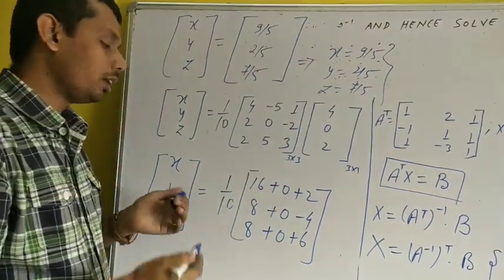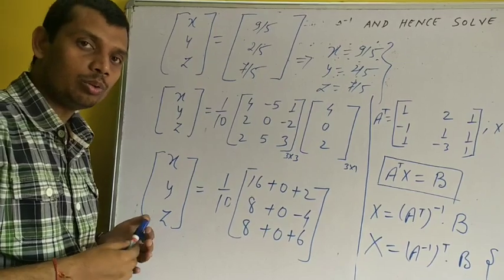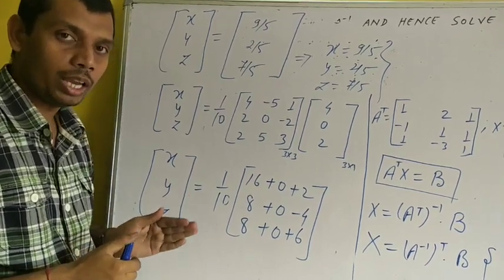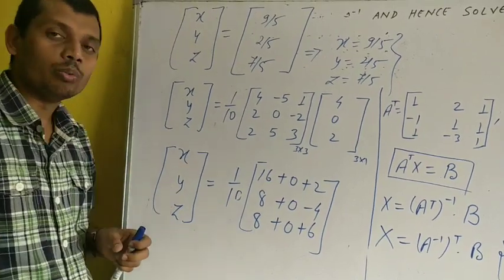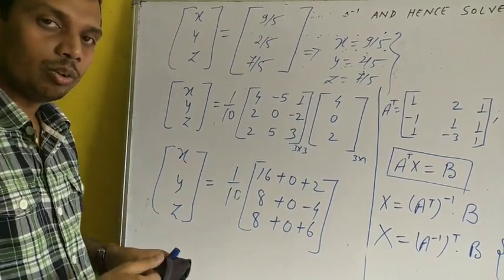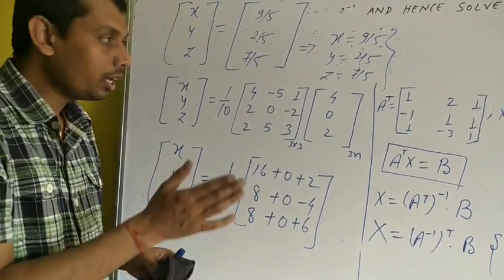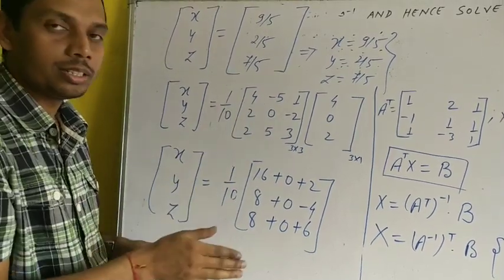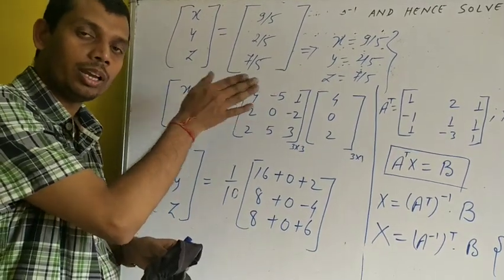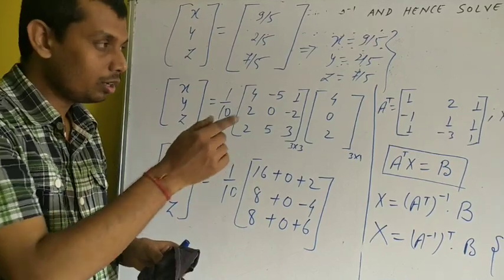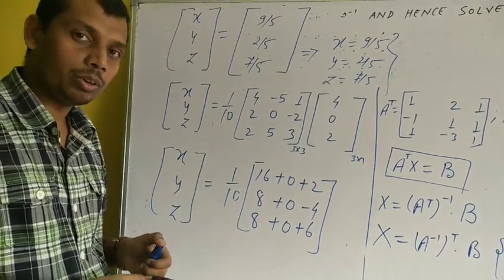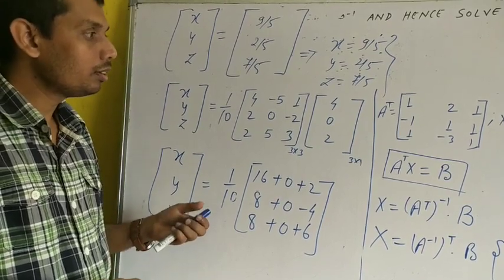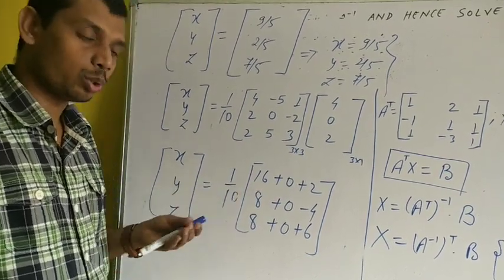So here we get the values of x, y and z. The question is important. This is how we determine the values of x, y and z if this inverse relation is given between the given matrix A and the coefficient matrix of the given set of equations. Now let us start with the next question.